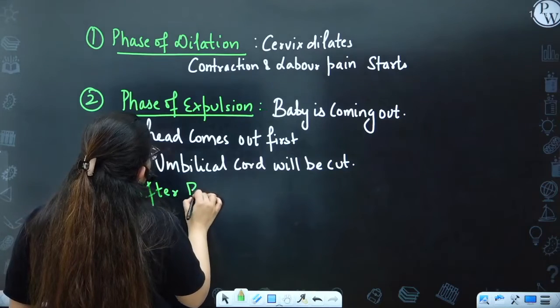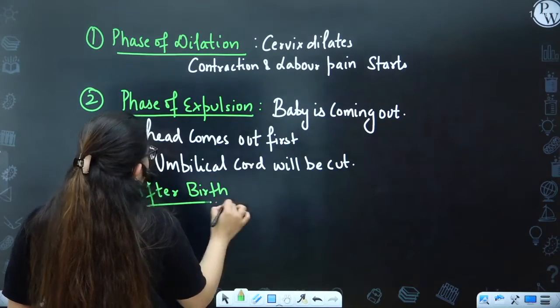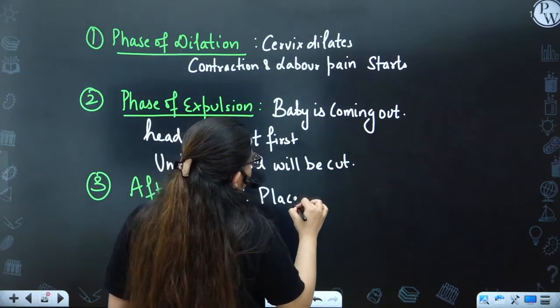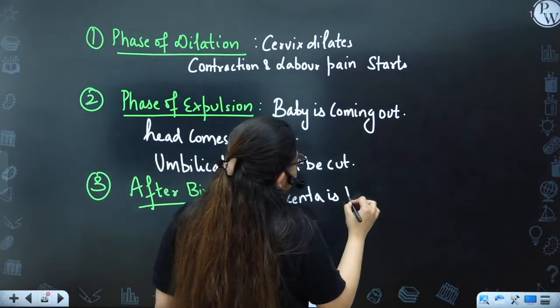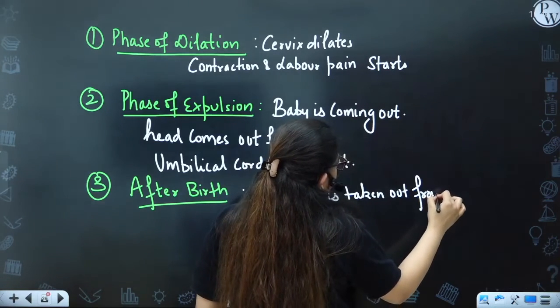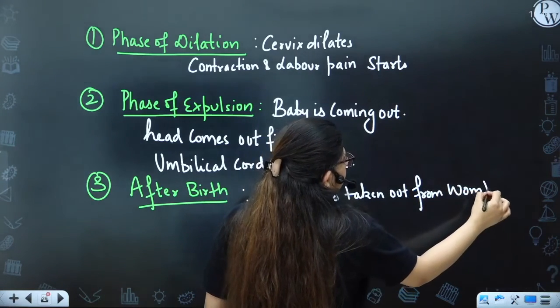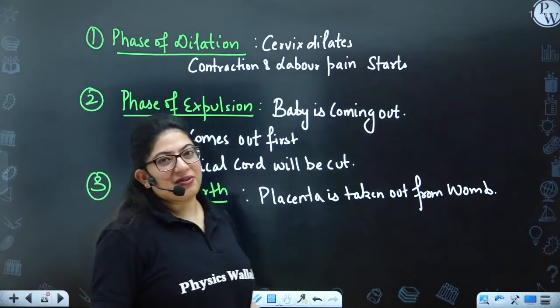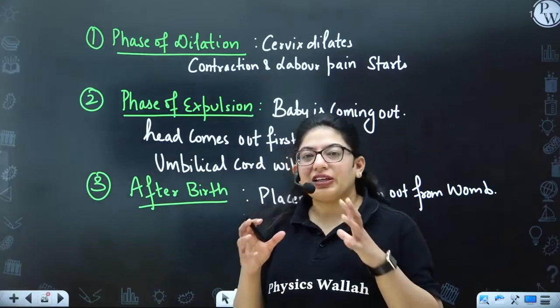After the birth has taken place, now the mother has the placenta. The placenta is taken out from the mother's womb. All right, so these are the three phases of how the baby comes out, and mostly the question